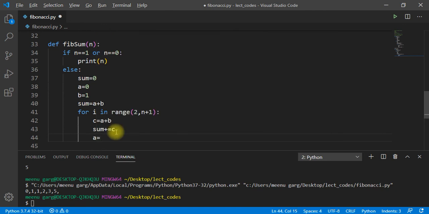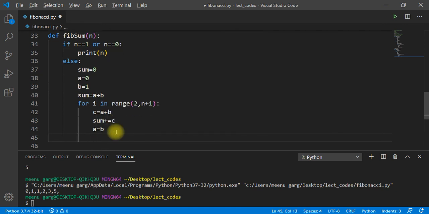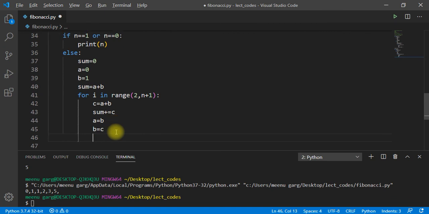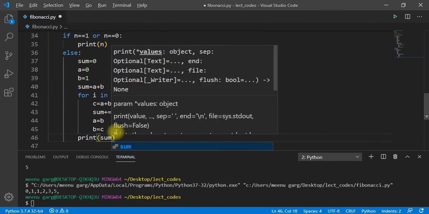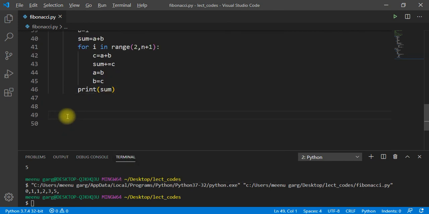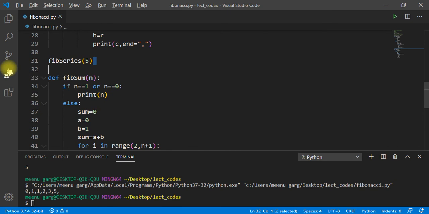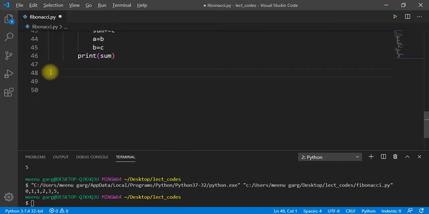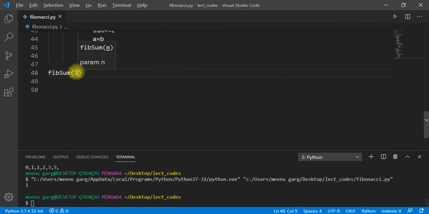We have to update our previous elements like this, and our work is done over here. Let me quickly call it. I'm calling it with, suppose, first of all 1, meaning 0 and 1, the sum should be 1.